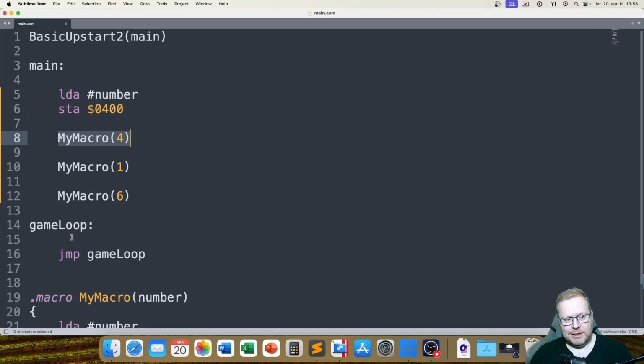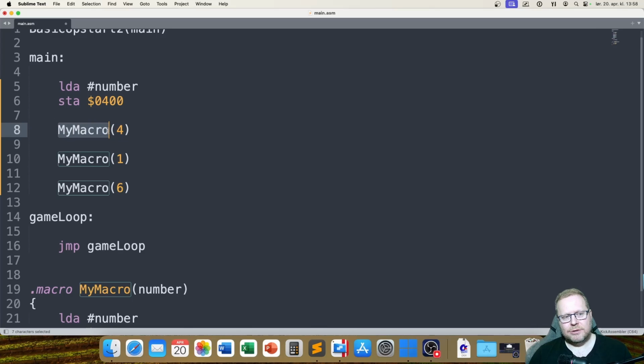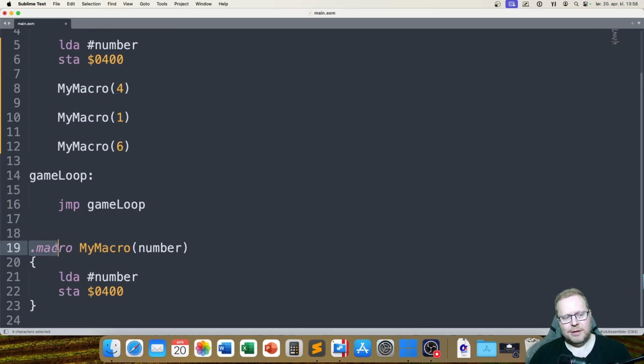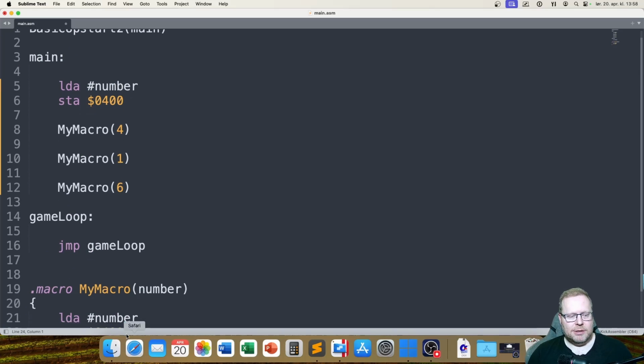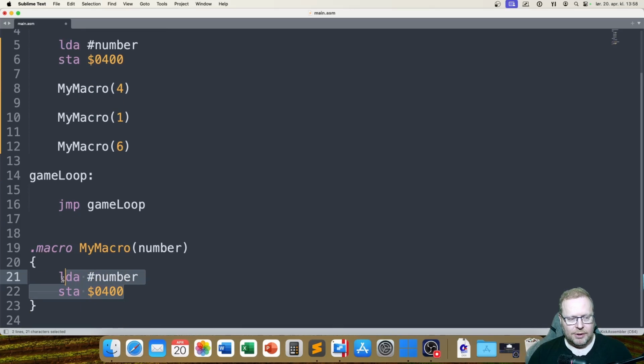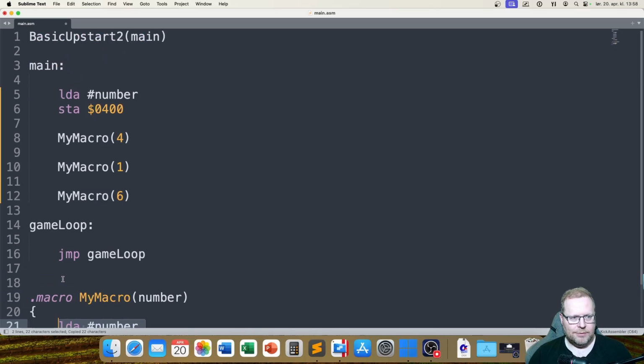Now the macro here needs to be specified somewhere by doing it this way. Dot macro, my macro, and also starting and ending curly brackets. But the point was that every time I run my macro,